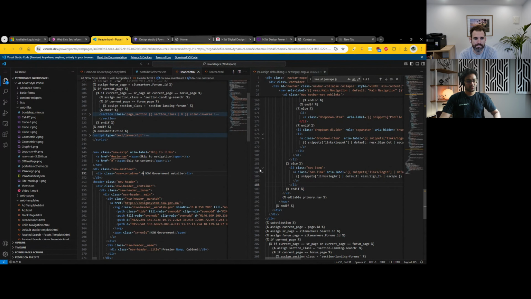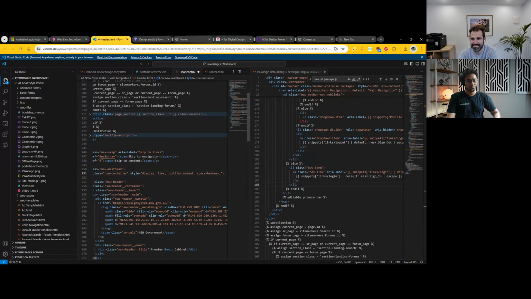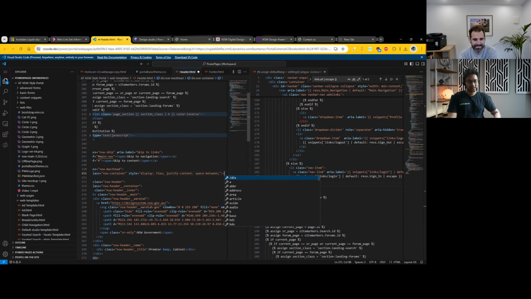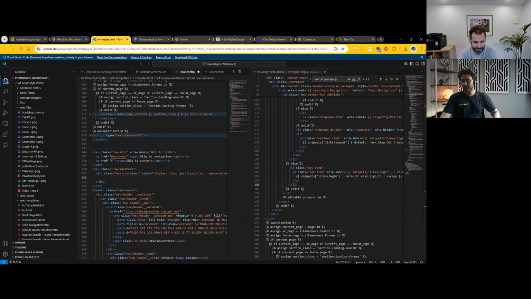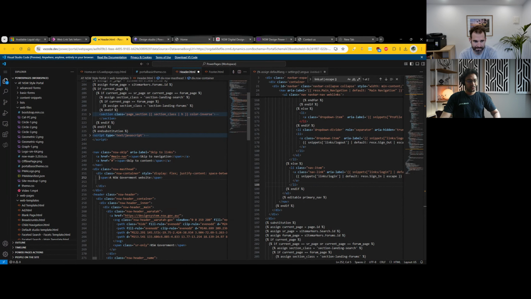To do that, I'll put in some custom inline styling, which I do not recommend. You should always use CSS files for this sort of styles. But again, due to time constraints, I'm just taking the easy way out. So I've added in the existing news. This is a government site. And then what I'll do here is